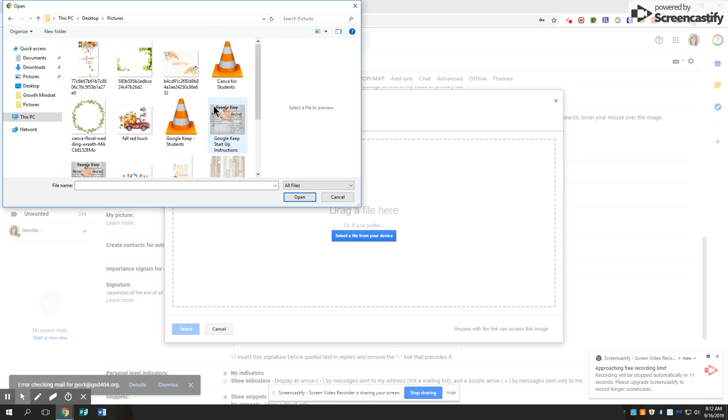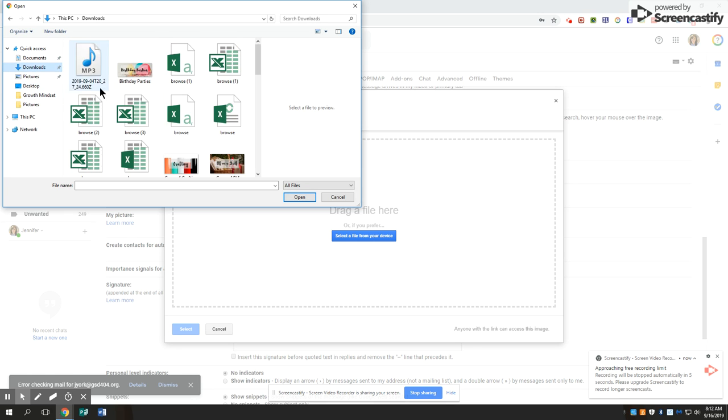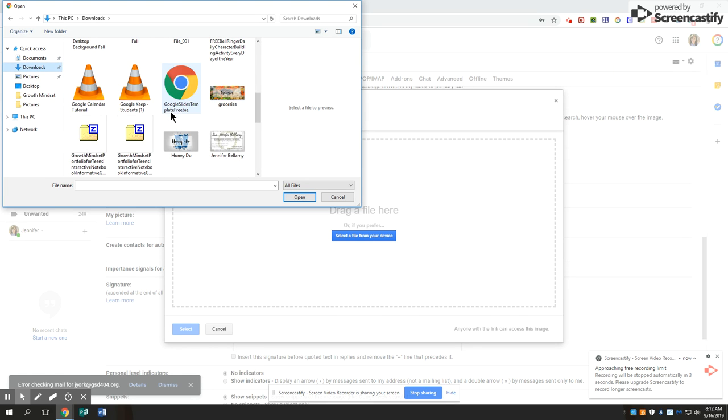So I'm going to add the one where did it go? I made. And let's see where it went. Here it is. So here's mine that I made. You can see that my name